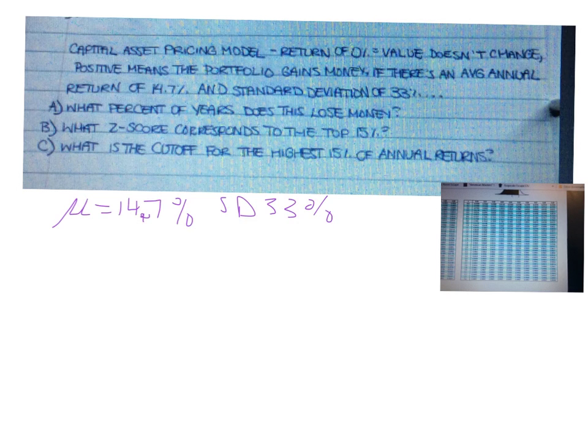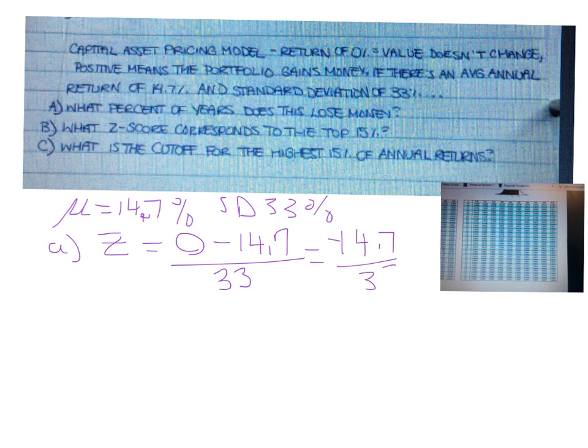So I think what they're actually asking us here is if we have a return of less than 0, we would lose money on the fund. So I think what they want us to do in question A to set this up would be to say that we're looking for a Z-score where our raw value would be 0 or less, and we're working with a mean of 14.7 and a standard deviation of 33. And so if we work that out to a Z-score,